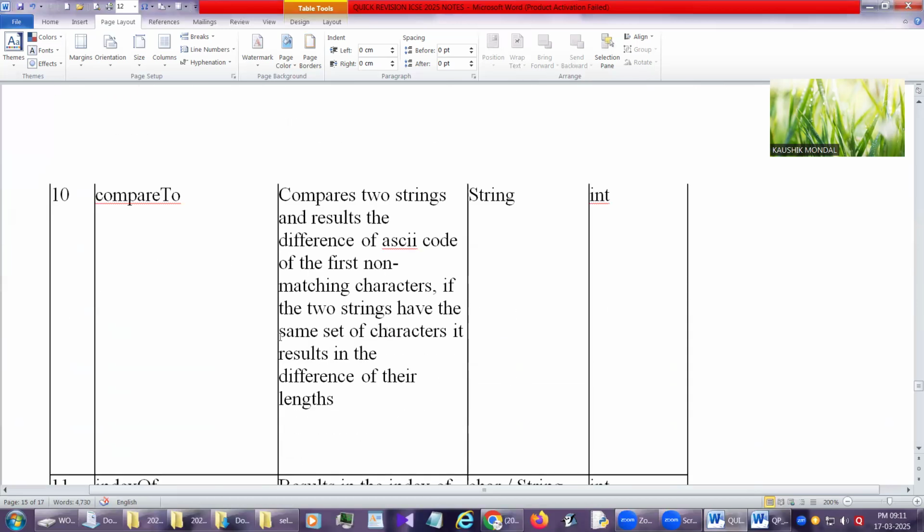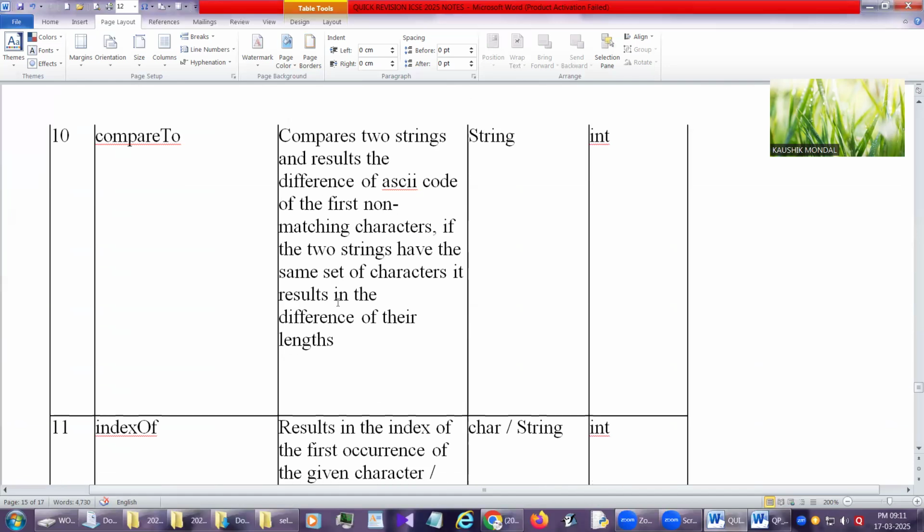compareTo is a very powerful method. If you compare two strings and both strings are the same, then it will return 0. Otherwise it returns the ASCII difference. Like A, B, C in capital letters, if it is ABC dot compareTo ABD, it will return -1, because A same, B same.